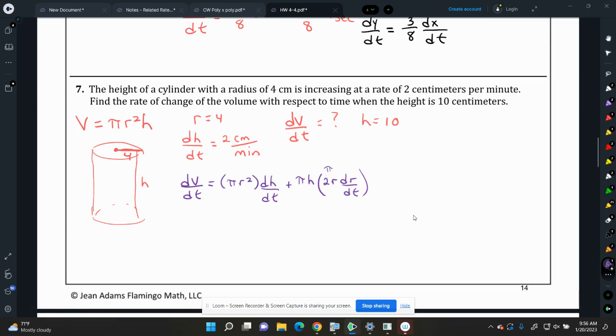Okay, do we have everything? We're looking for dV/dt. Do I have r? Yes. I have dH/dt? Yes. Do I have h? Yes. R, dr/dt. Okay. So dV/dt